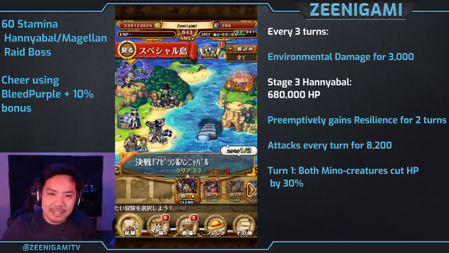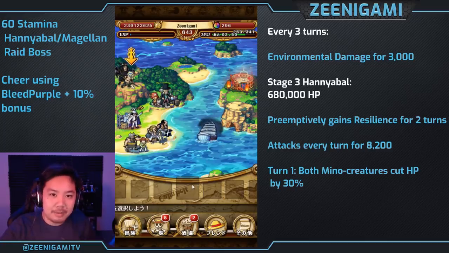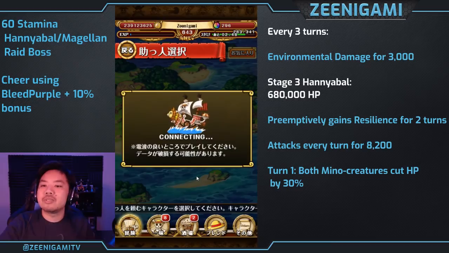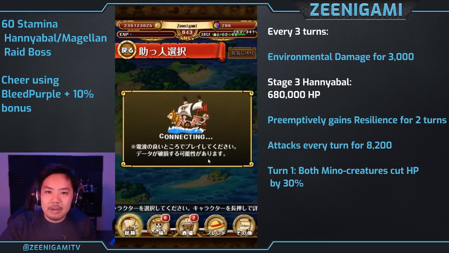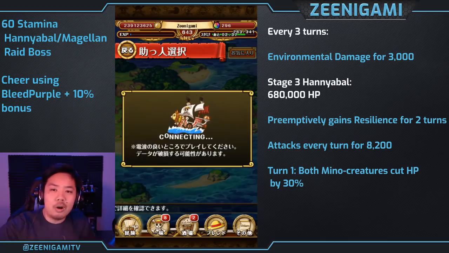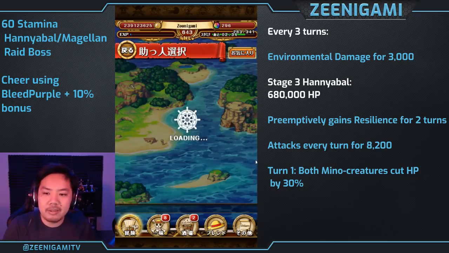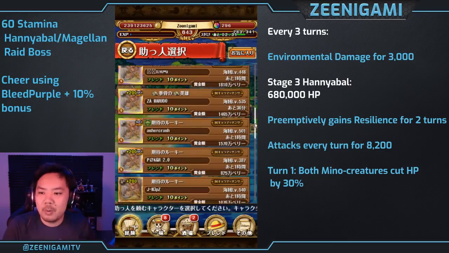What's up, guys? Inigami here, and let's go through the 60 stamina Hannyabal Magellan raid boss on the Japanese version of One Piece Treasure Cruise. They are half stamina for now. They're going to be out for 2 days on half stamina for the event, and then we will be going over to the area where all the other raid bosses are, and they'll also be half stamina over with all